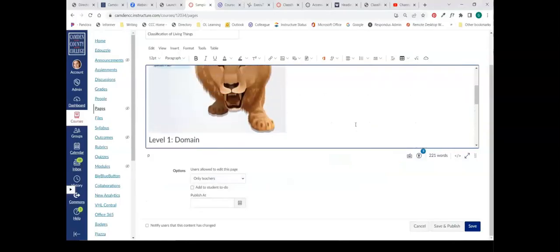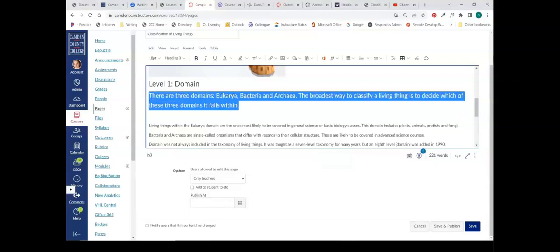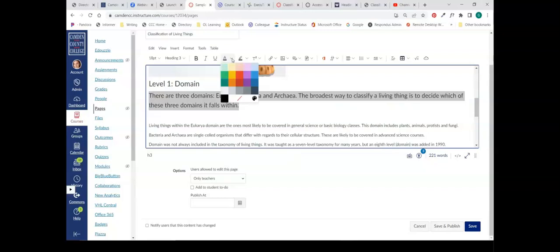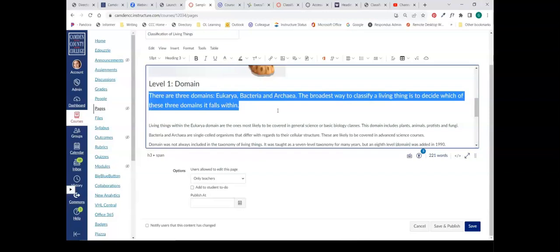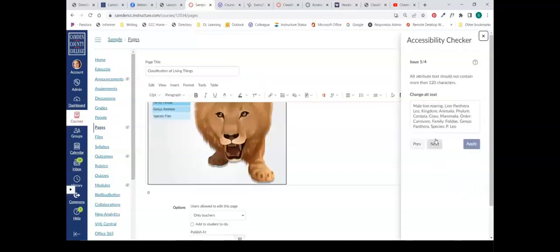And I just kind of want to show you what the accessibility checker is going to do. So let's say I'm being creative here and I'm highlighting my text. This is the text color button, so I can click on the drop-down menu and I have different options. Let's click yellow, click light yellow here. Okay, very difficult to read. You'll notice over here, I have 4 items here. This is the accessibility checker. And it's letting me know it went from 3 to 4 as soon as I put that yellow text in there. So if I click on the accessibility checker,